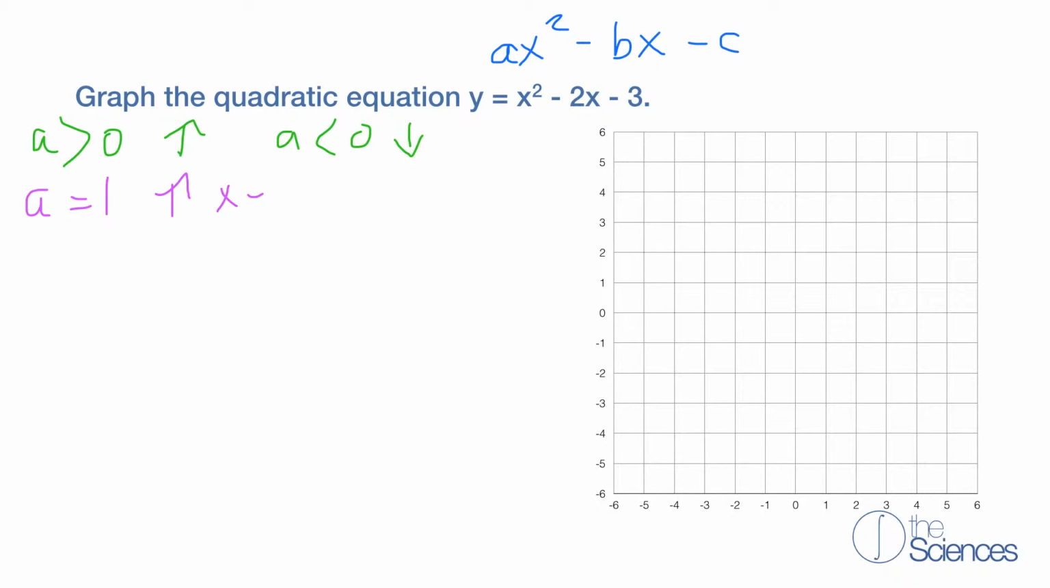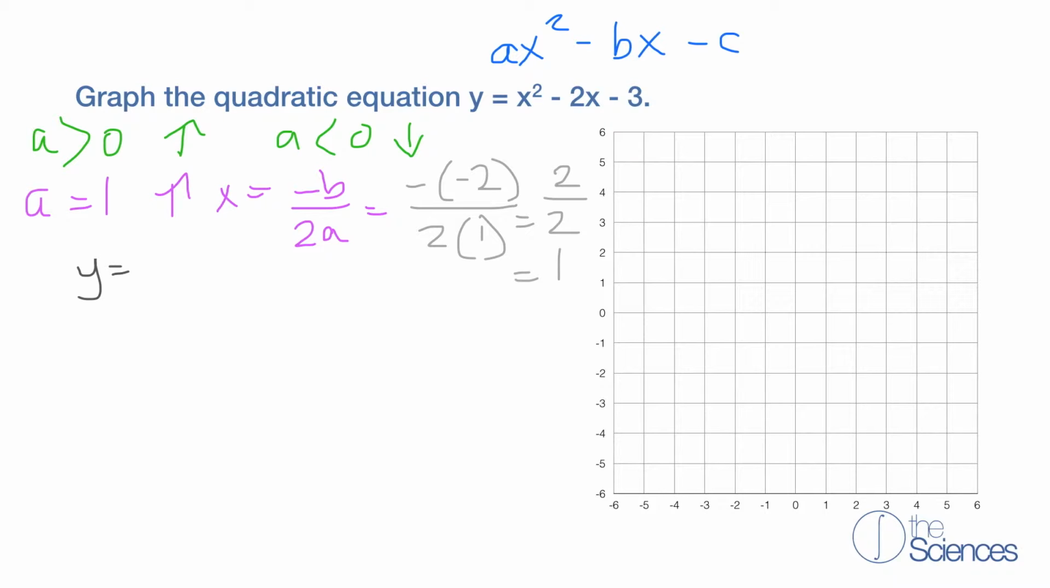To find the x vertex, we have the equation negative b over 2a. So here we have negative b, which is negative 2, over 2 times a, which is 1. So now we have negative times negative 2, which is 2, over 2, or 1. Now we're going to find our y vertex, which is done by substituting 1, the x vertex,